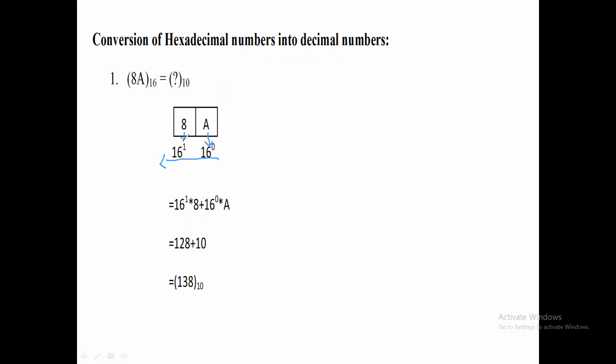So this becomes 8 into 16 power 1 plus A into 16 power 0. We know that A is equal to 10, right? So this is going to be 10 into 1 plus 8 into 16. This is going to be 128 plus 10. That gives us 138 of base 10. So it's a simple process to convert any given hexadecimal number into